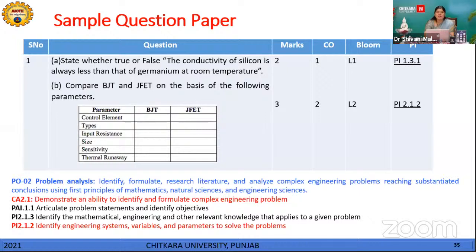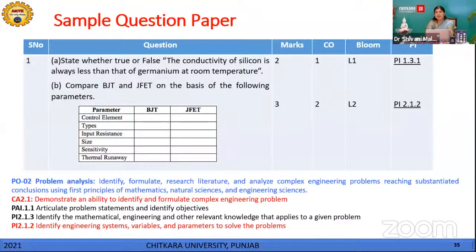Some of you may definitely be from an electronics and communication engineering background, but it is just a simple question. State true or false can be in any of the question papers. In this case, you will see the Bloom's level that we are testing is only remembering, because they just have to check the conductivity of which of the two materials is higher or lesser. So it is the remembering skill that we are seeing, and the performance indicator associated with it we have written